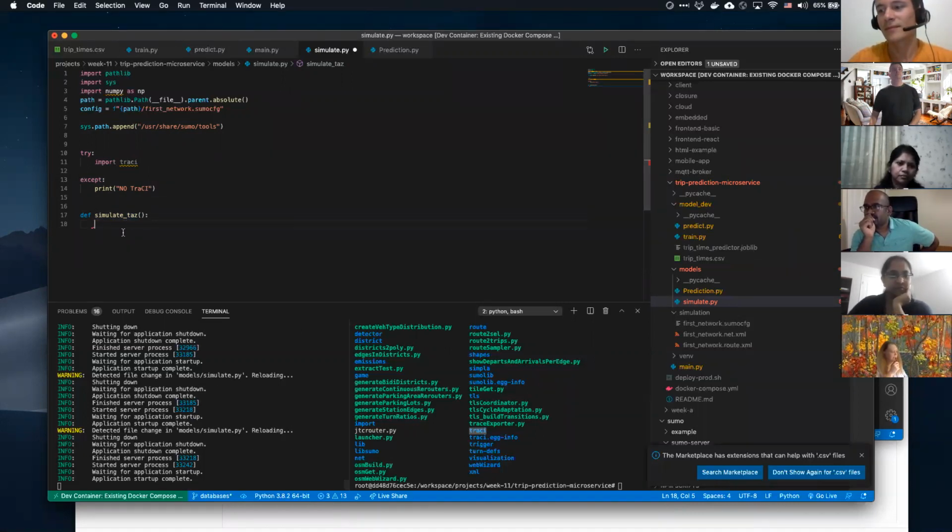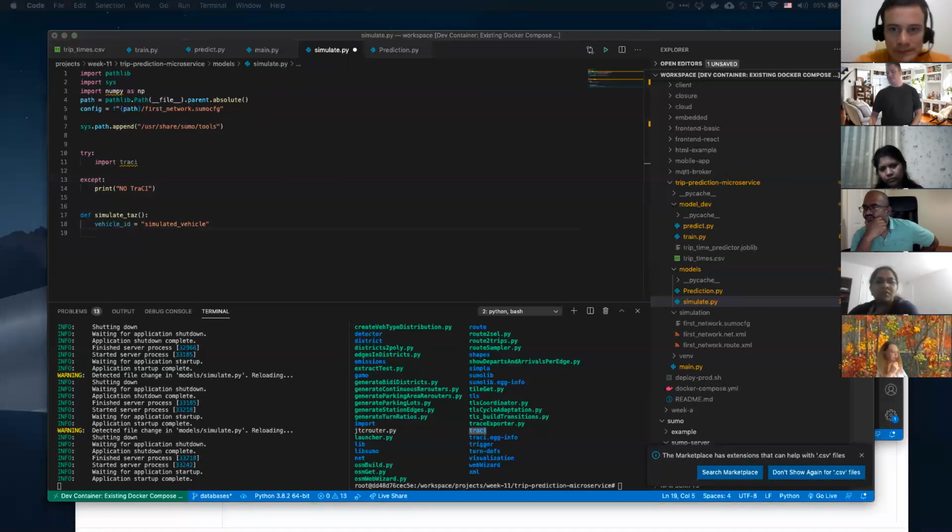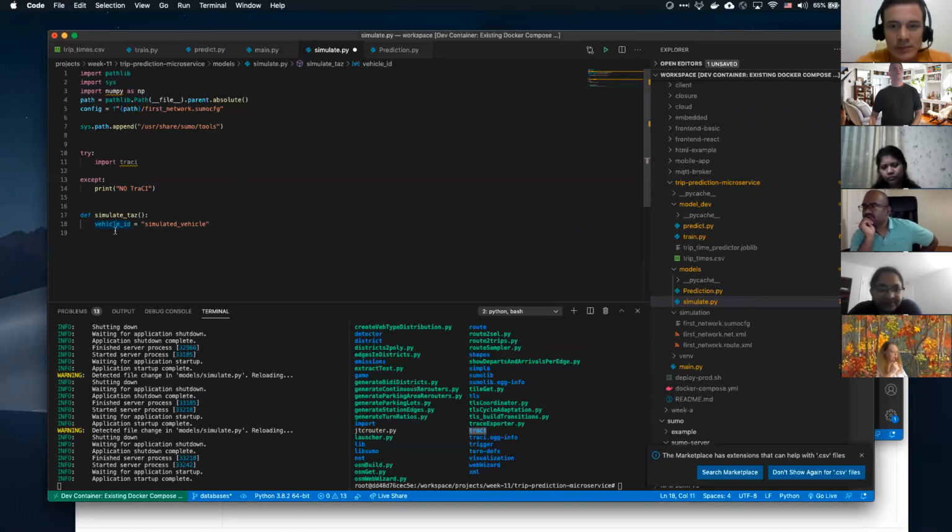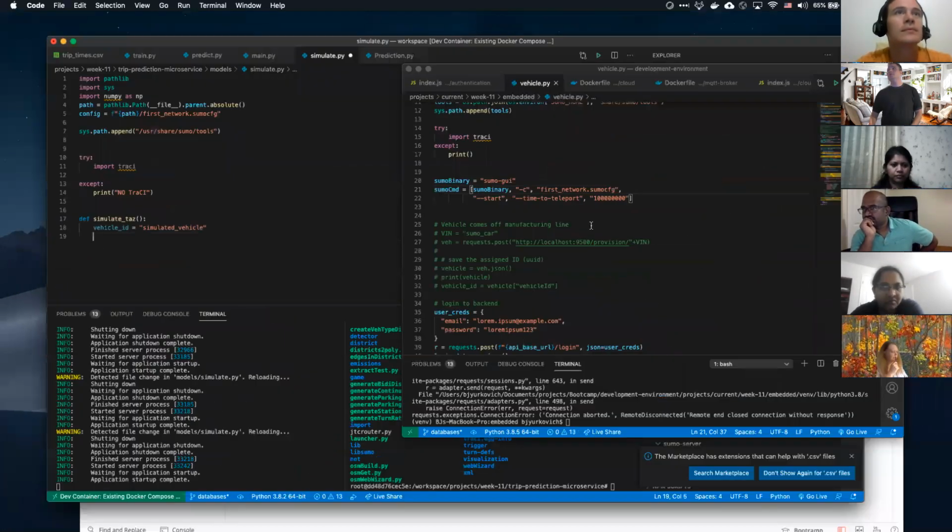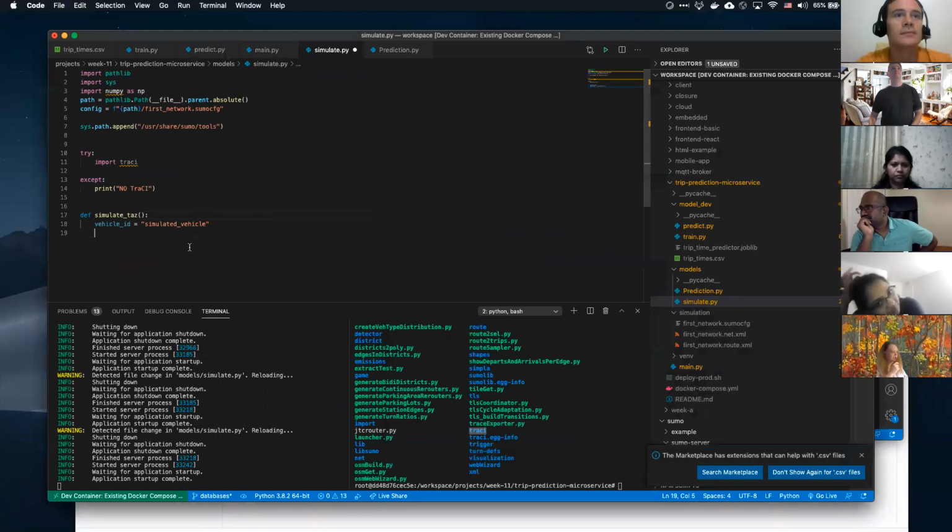And then at this point, we have a vehicle ID. Let's just call it simulated vehicle. We don't really care what the vehicle ID is, but we need it for Sumo. Then we're just going to copy and paste from here, all of this stuff.